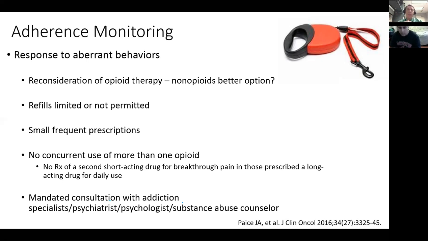And if it's clear through their urine drug screening, PMP results that there is clear misuse and abuse and/or addiction, then there needs to be a mandated consult with an addiction specialist and/or a psychiatrist or psychologist or a substance use counselor that is going to be integrated and be part of the ongoing co-management of the patient. If the patient will not be adherent to that request, then there's discussion about the fact that we can no longer manage their opioids. We'll be happy to continue to take care of them, but we can no longer write their opioids for them.